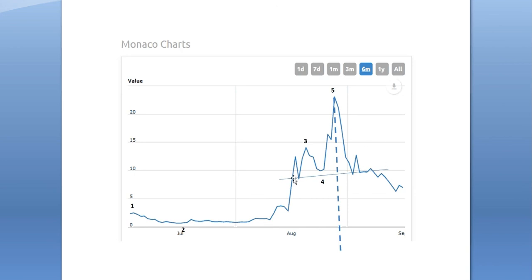But the symmetry is way too off, I think. So I think this is 5. After 5, there's a 3 wave, ABC. Might be one more low. It's not going to go negative. The fact that this shows it like that gives evidence to the fact that I don't think this is a valid head and shoulders top.